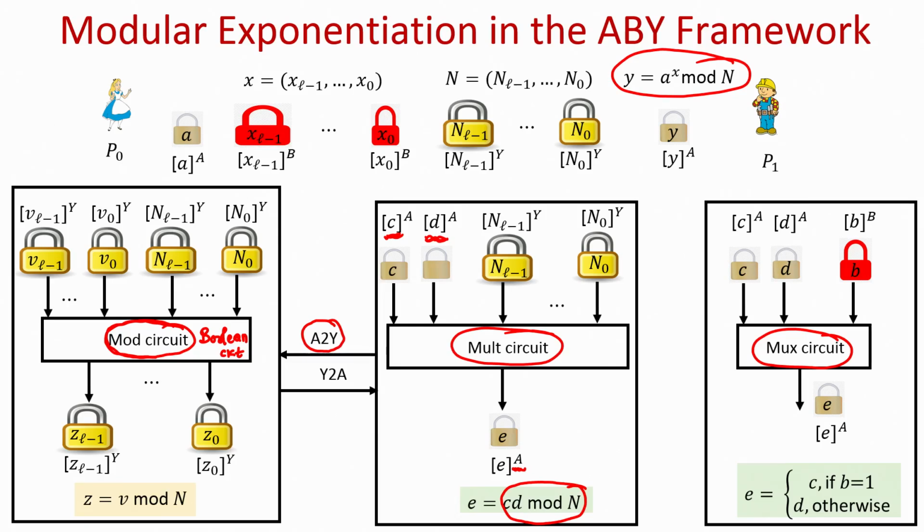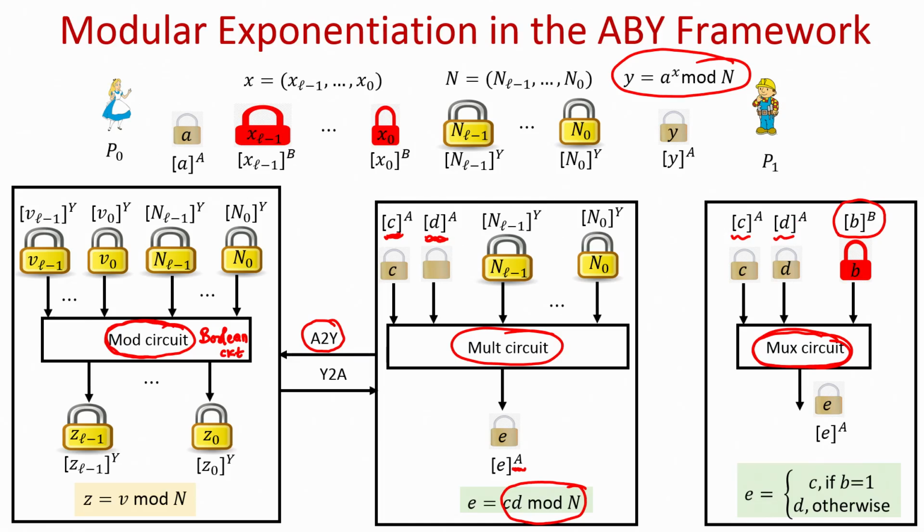So, in each iteration we check the current bit of x. If the current bit of x is 0, then we do not accumulate the current power of A, whereas if it is 1, then we accumulate the current power of A, right. So, that logic can be instantiated using a mux circuit, but now the bits of x will not be available in clear, but rather in secret shared fashion. To model it, we are ensuring here that the selection bit which determines whether you take C as the output or D as the output is secret shared, and the inputs which you have to select as possible outcomes are also secret shared. Okay.